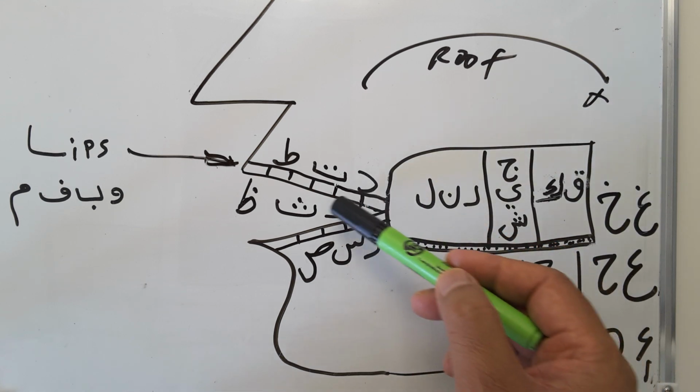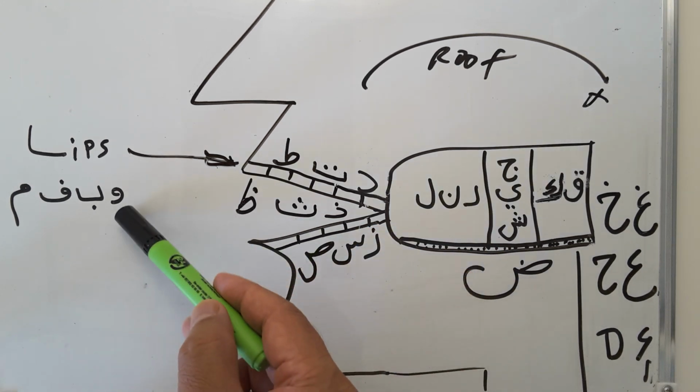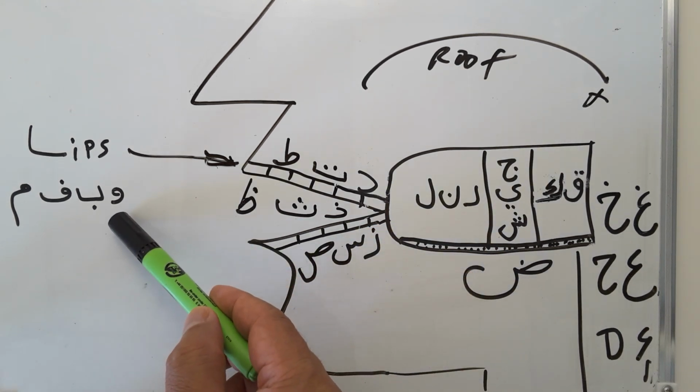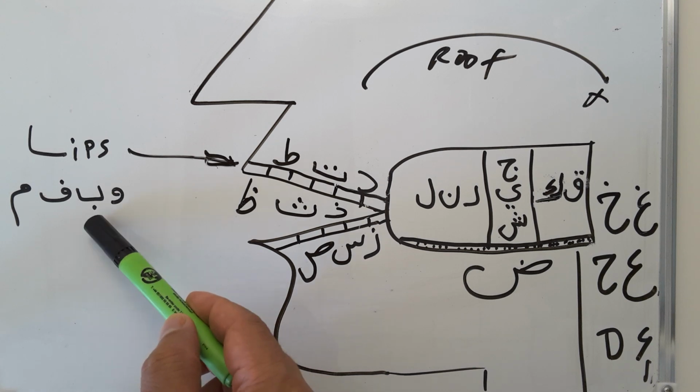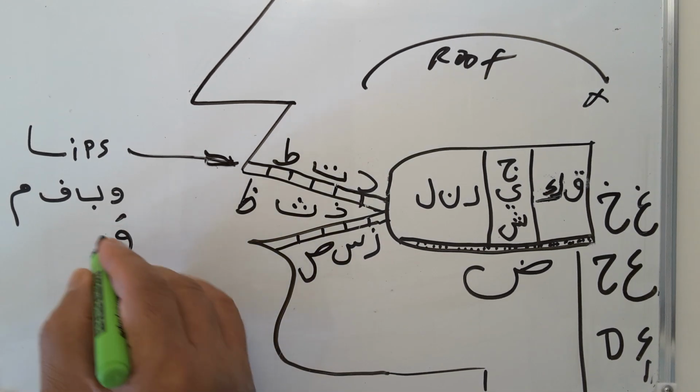Top teeth, bottom teeth, and this is middle of the mouth. Okay, and then you have your letters for the lips. You have Waw, Ba, and this is Wa, Be, Fa, Mim. So you can say in Arabic Wa, Bi,